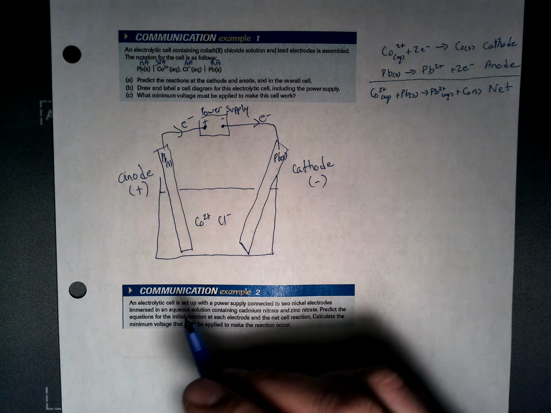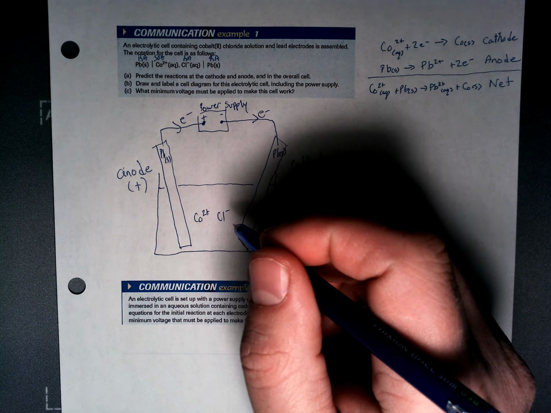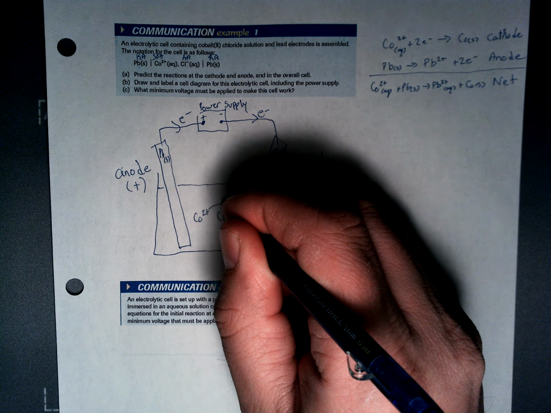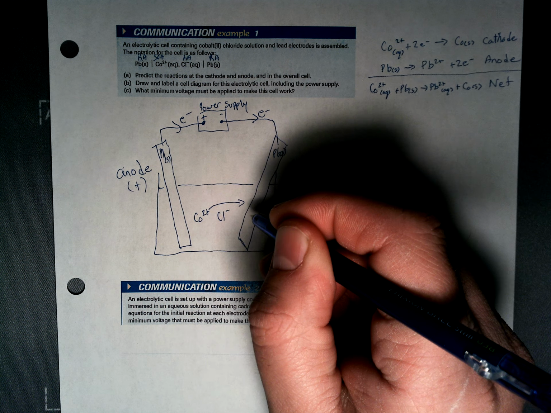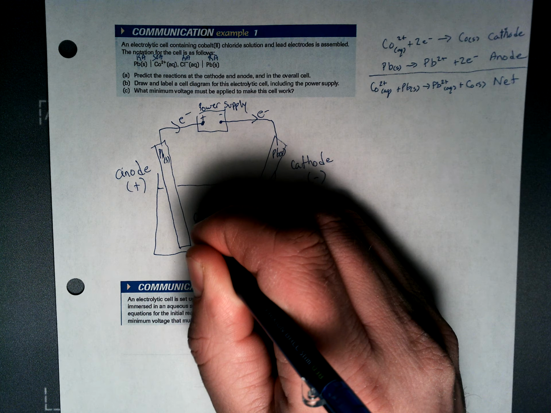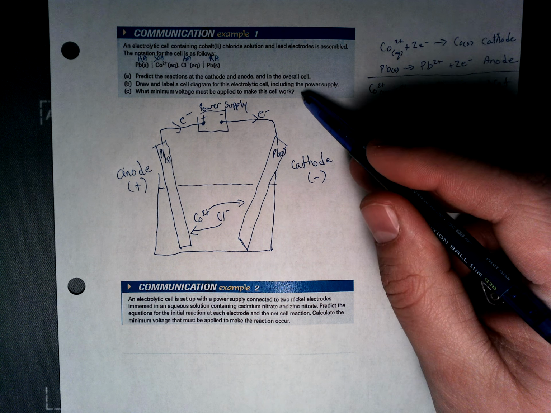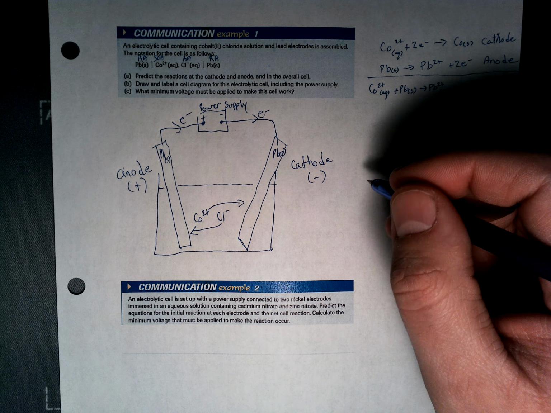And then we want to show where our electrolytes are going. Our cations go towards our cathode and our anions towards our anode. And then the last thing we want to do is find the minimum voltage that must be applied to make the cell work. So again, our formula,